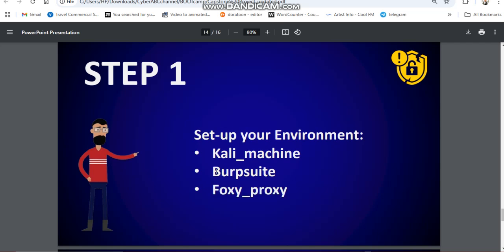So, on a lighter scale, Burp Suite is an application that enables session hijacking or session management where you can do some stuff separately from the target system that you're looking at. Then proxy.